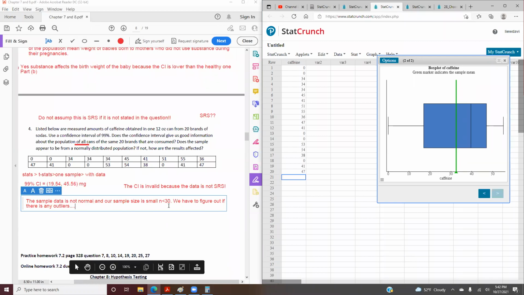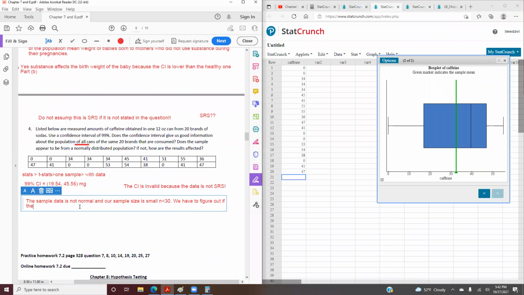and our sample size is small. So what we do is we have to figure out any outliers. So in this case, using the box plot, there is no outlier. So what is going on is using the box plot, there are no outliers in this case. So it fulfills